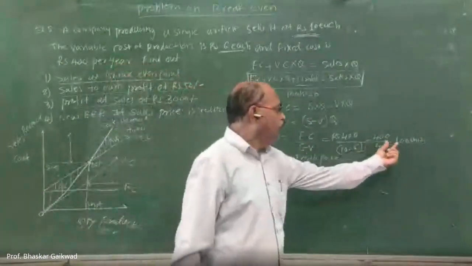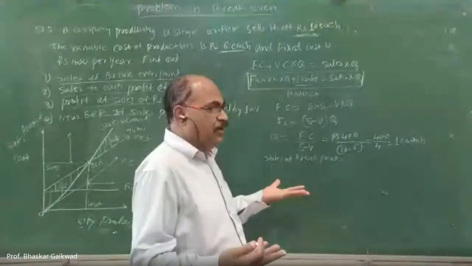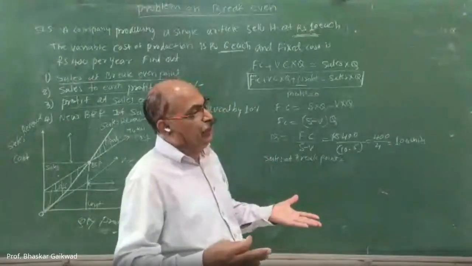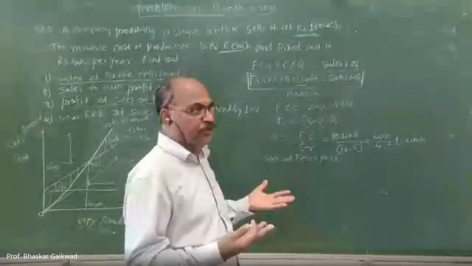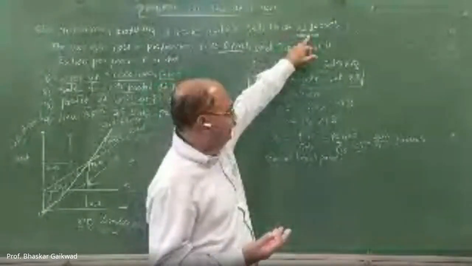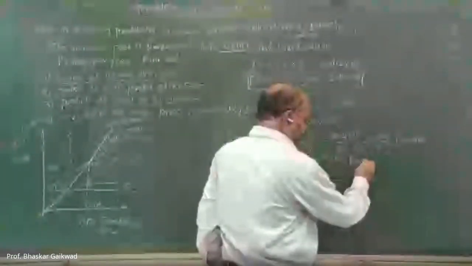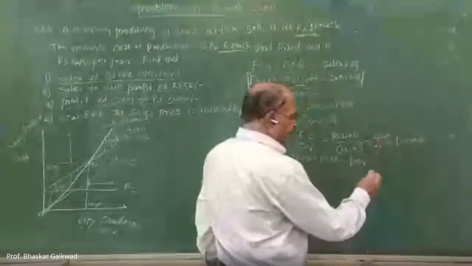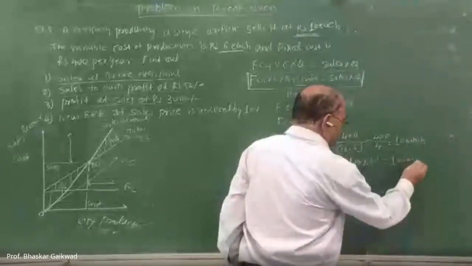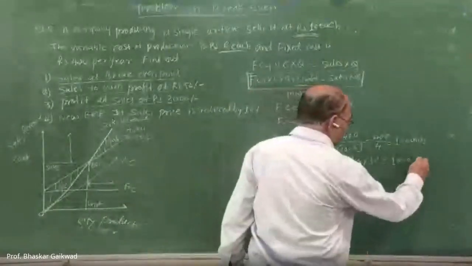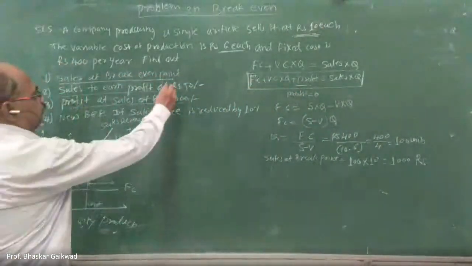We know the quantity at break-even point. And what is the sales value? How to calculate? Quantity into the unit sales of that particular article. What is the unit sales? 10. So 100 is the units, means quantity, and each unit price is 10. So what is the sales? 1000. This is in rupees. So this is the answer of this question.